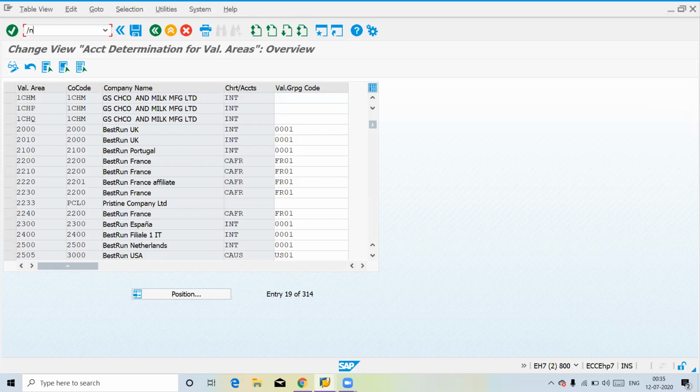So let's try to understand a few other errors we can get while doing stock posting. In certain cases you are missing certain material-relevant GLN codes.